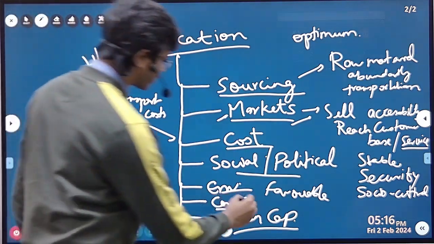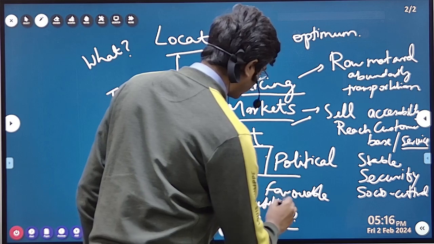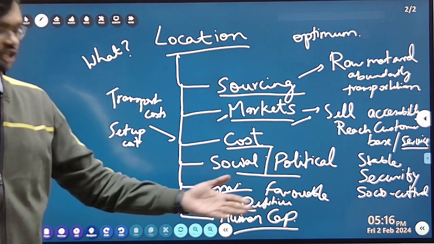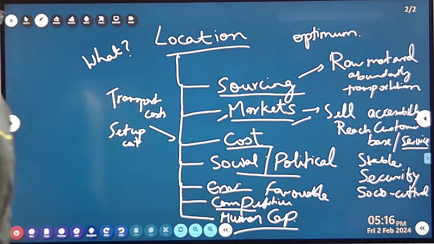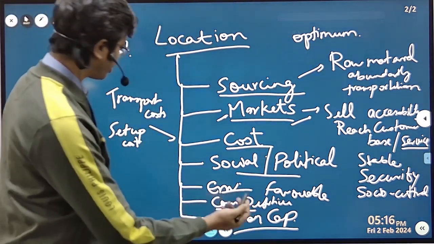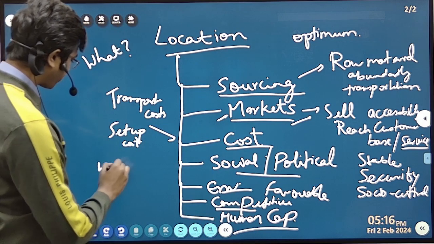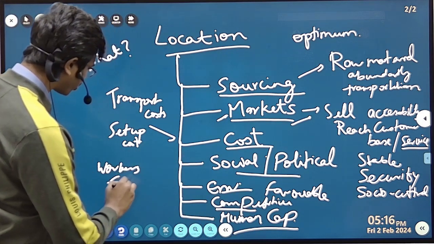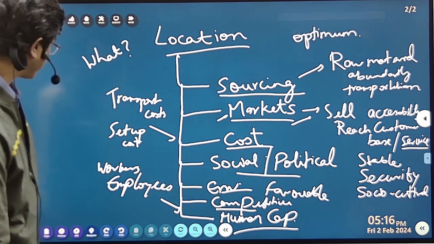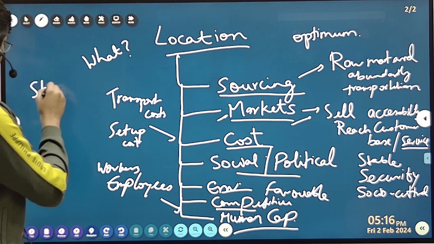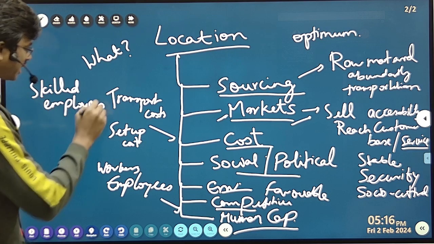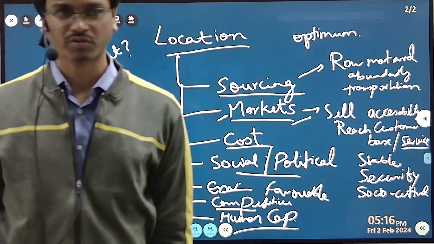If this competitive advantage can be achieved by a proper optimum location, if raw materials are reaching you faster and cheaper than your competition, then your cost of production will be less. So it can be a strategic advantage that way. And human capital also. So you need workers, right? You need employees coming into your factory location. So it should be easily accessible to them, and also you should be able to find skilled employees where your setup is, right? Otherwise your productivity will be affected. So all of these things,